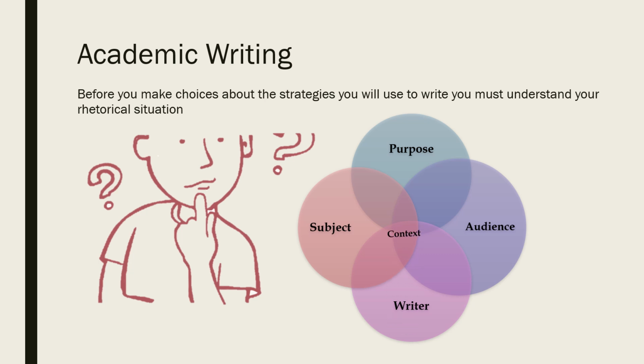And then we have the context. The context involves all of these areas: the purpose, the audience, the writer, and the subject. And then your context may be formal or informal. You may write personally. You may write as a professional or a businessman, or you may engage in academic writing